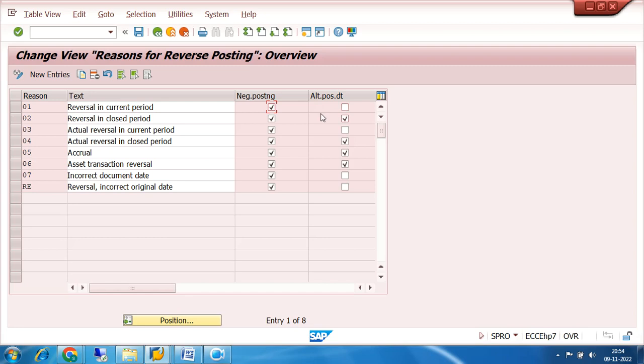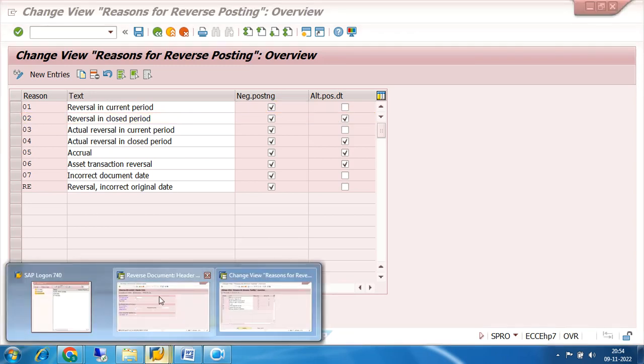So in this case, I have to use this 02, right? So 01 cannot be used. 01 can be used in those cases where the reversal can be made